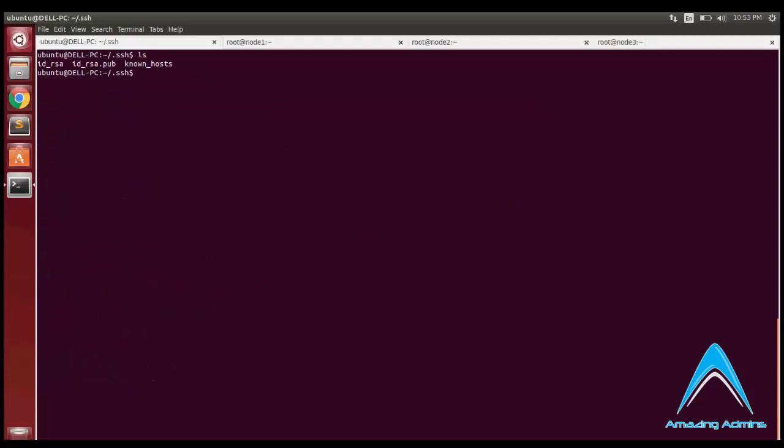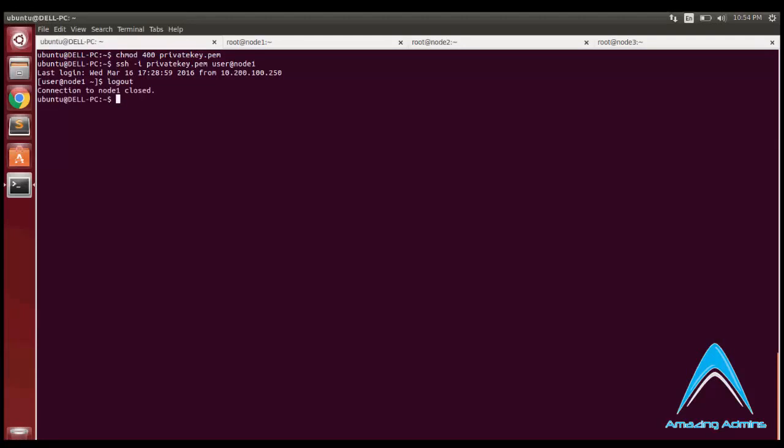So after copying the public key over the network, we'll have to start by using the private key. For this, I'll be copying the id_rsa to my home folder where I can easily access it. So I'll be saving it as, let's say, private_key.pem. PEM stands for the format of this key, which you might not know, but I'm just telling it. Before using the private key for passwordless login, I'll have to change the permissions of the key to 400. This will be giving only read permissions to the particular user.